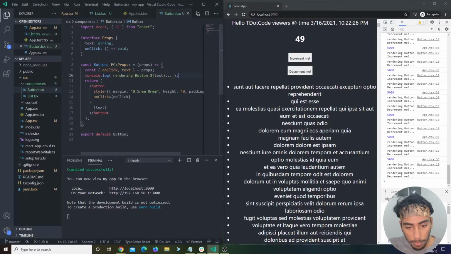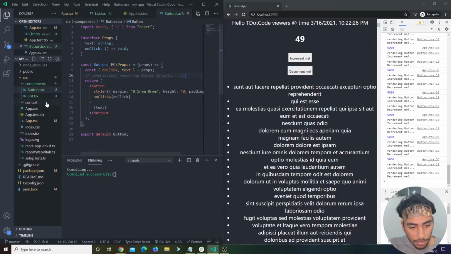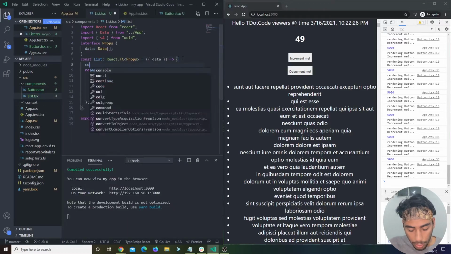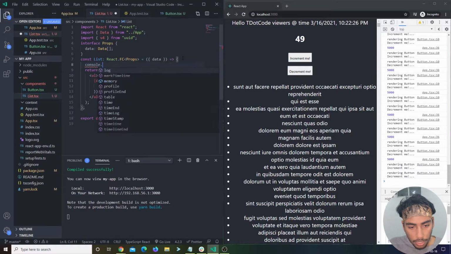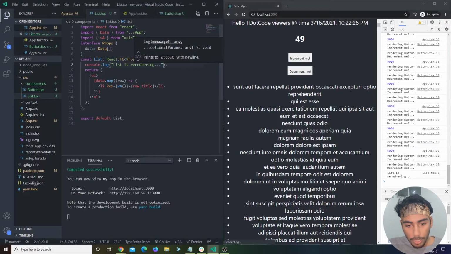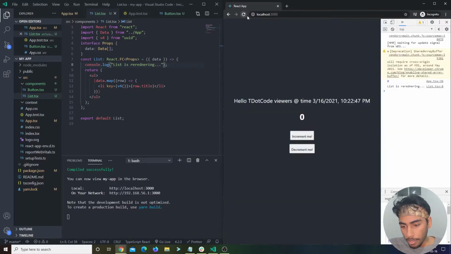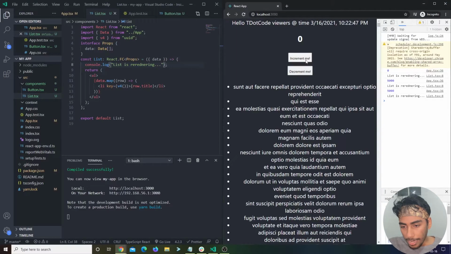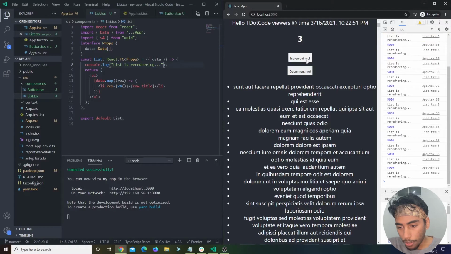So let's just make things clear over here. I'll just comment this out, and I will say console log "list is re-rendering", and re-rendering is spelled wrong. So let's refresh that. And every time we click this button, the list is re-rendering over and over again, and